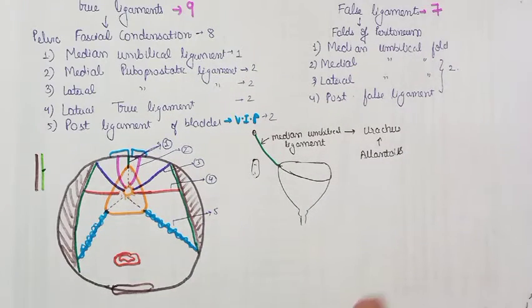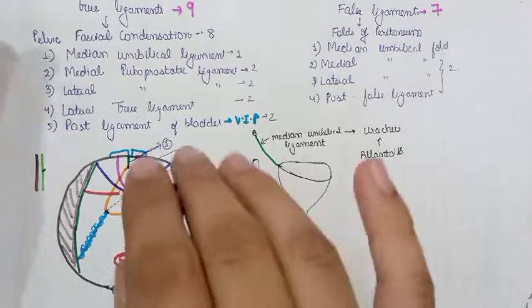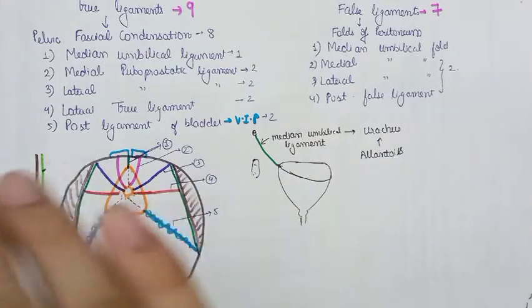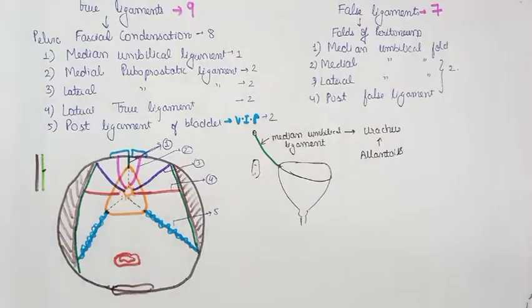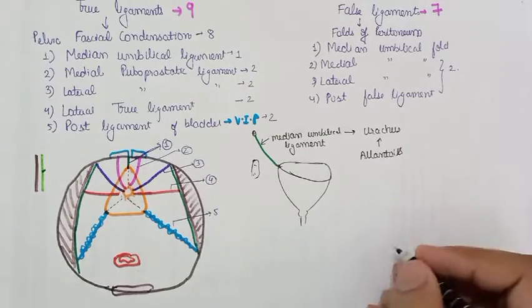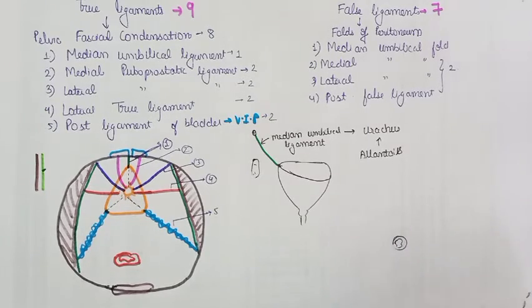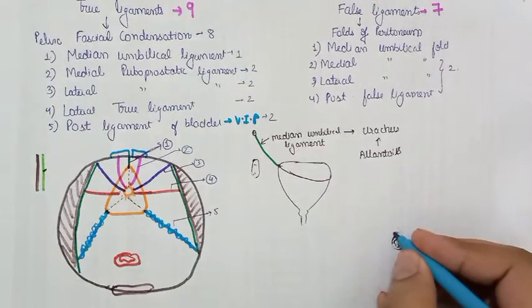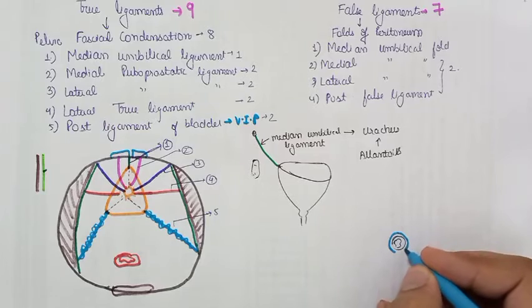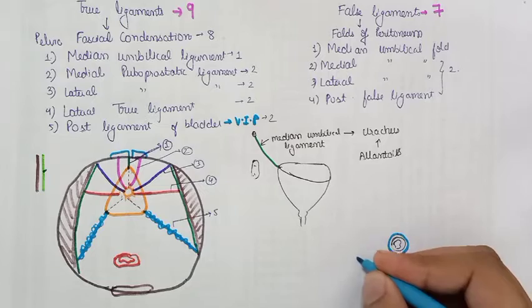Now for understanding the false ligaments, let's draw one other diagram to have a clear view of these ligaments. So we're drawing a cut section of the peritoneum at the level of the small intestine. This was a diagram which we earlier talked about, so we need to recap. So here is the intestinal part surrounded by the fold of peritoneum. Here is the mesentery, and this will be the parietal peritoneum.